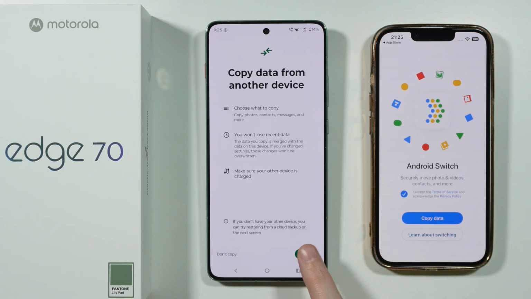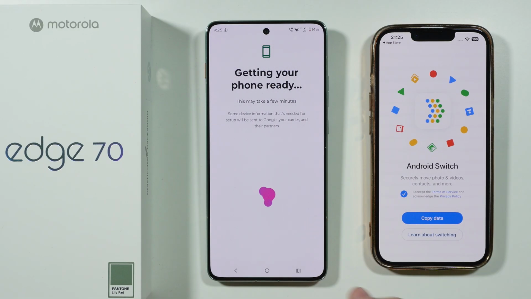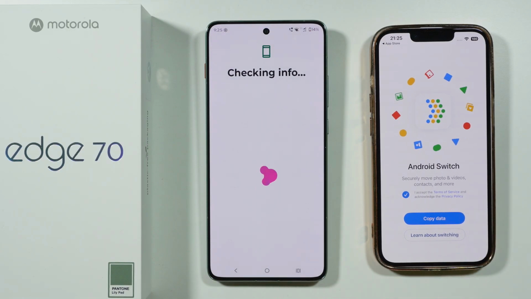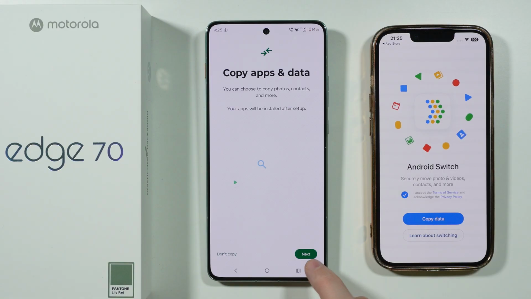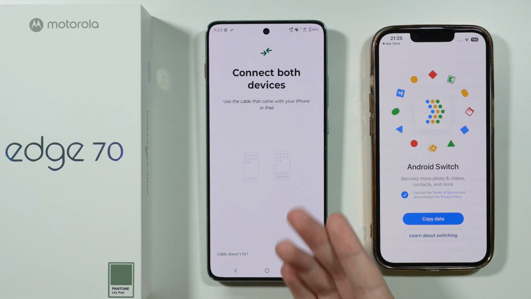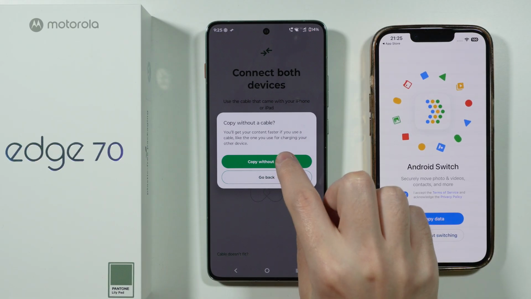On our Edge 70, we're gonna tap on Start. Here, we need to choose iPhone or iPad, of course. There we go. Now we just need to wait a couple of seconds. Now let's just go next over here. And you can use a cable that fits both your Motorola Edge 70 and your iPhone. However, if you don't have a cable, then of course you can choose cable doesn't fit, so you can transfer